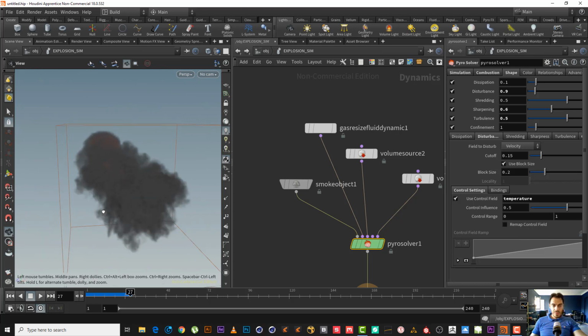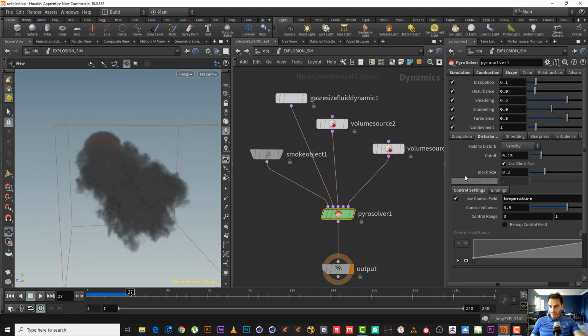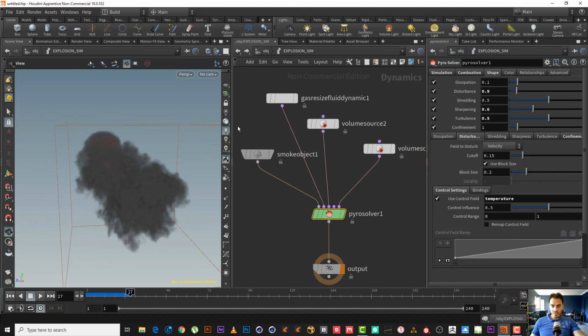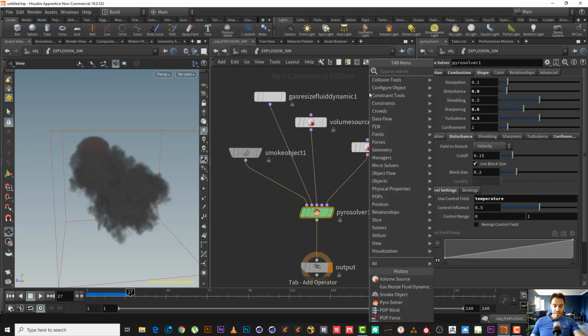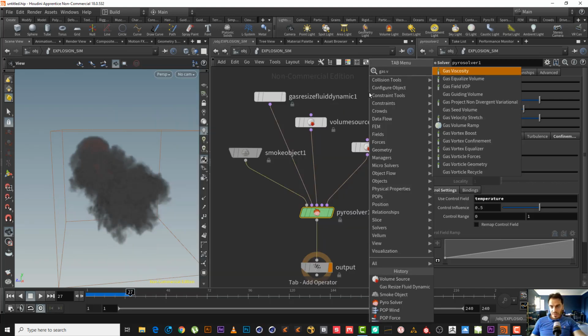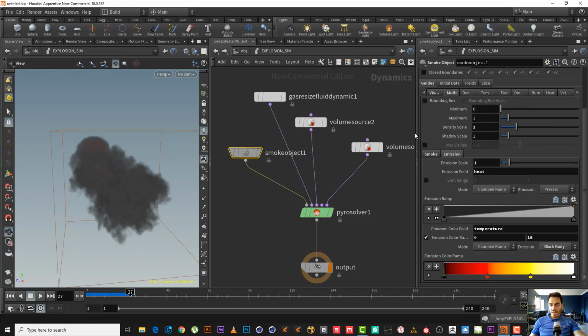Looks good. Yeah. So I think the last thing we need to do is finishing. Maybe I can add the gas vortex confinement, but I already have a confinement, so I don't need to add it. I will just add receipt